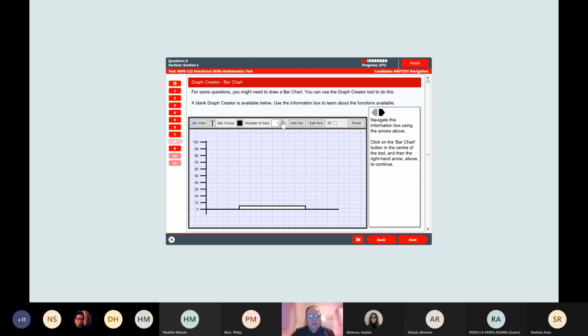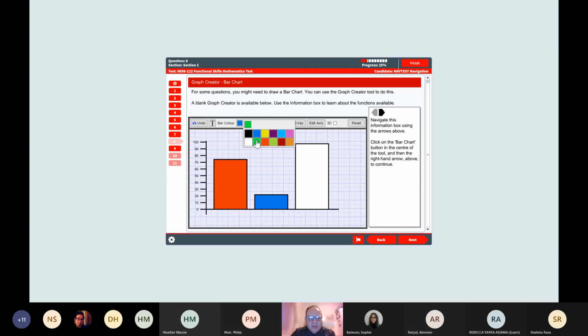I then say number of bars. Let's say we're going to have 3 bars. So let's say this is a chart about people's favorite crisp flavor. So we asked how many people, and 75 people, which is about there, said ready salted. So I'm going to make that red because Walker's ready salted is red. Only 20% said cheese and onion because they're disgusting, and we won't have that discussion. So let's say that's in blue, and let's say salt and vinegar was 98%, so right up there,